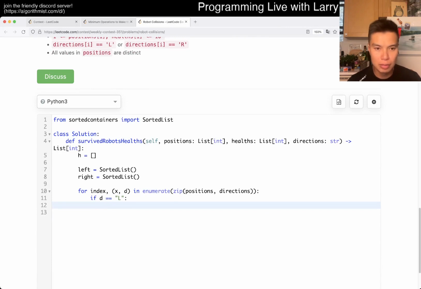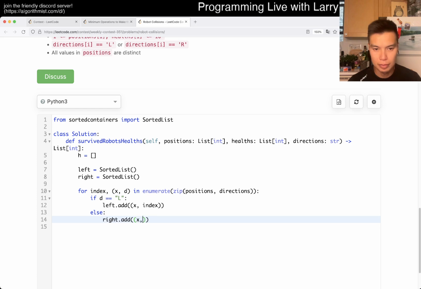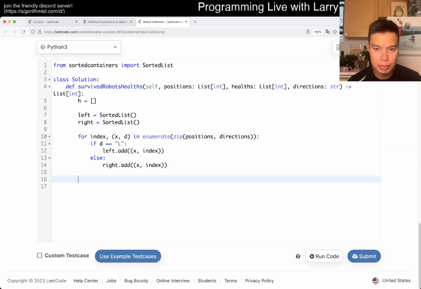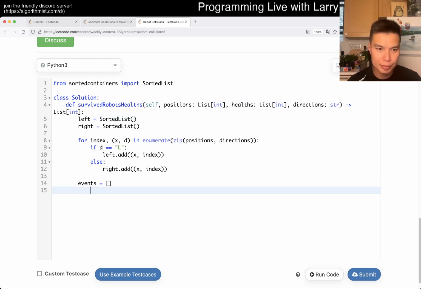D is equal to L, then X index. Something like this, right? You have events. Oh, that's the heap, I suppose. Yeah. I actually don't know whether that's